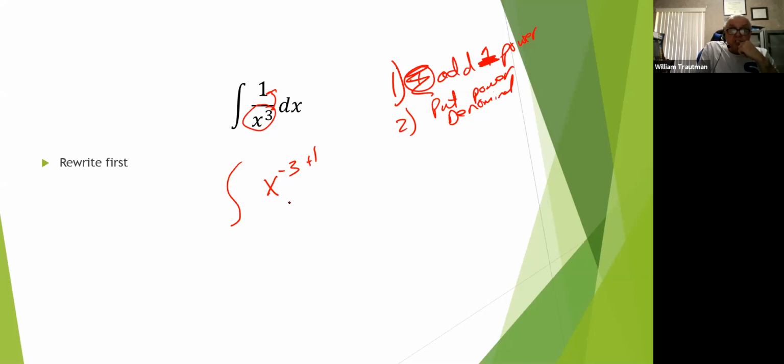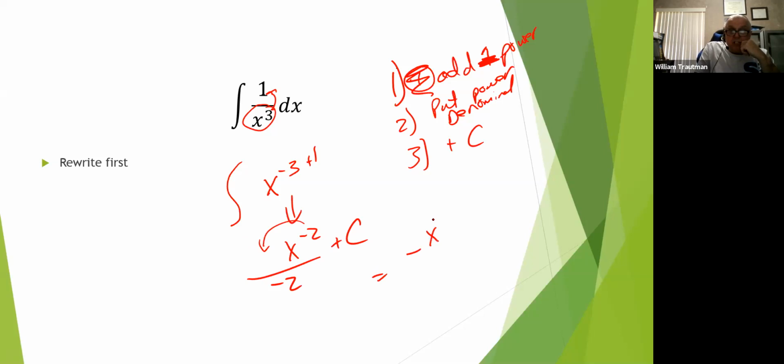So what happens is this becomes -3 plus 1 is a -2. I'm going to put a copy of this in the denominator down here. And step 3, add a plus c. So my final answer looks like this: -x to the -2 over 2 plus c. You see this negative, I don't like putting negatives on the bottom of a fraction, so I just bring it to the top. Positive divided by a negative is a negative answer. You can put it to the top, or you can put it,